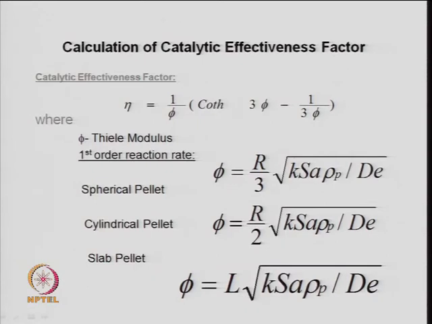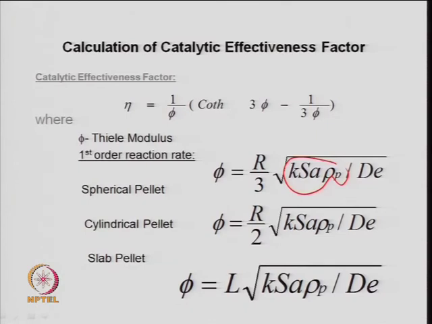Basically here, if you see, I said phi is equal to R under root k by D, where this whole term k is your volumetric rate constant kv. When you write it based on surface area, it becomes ks times SA times rho p. When you write it in volume, it is simply k by D based on the volumetric rate constant. SA is your BET surface area, that is what I have discussed. This is the BET surface area in meter square per gram, this is gram per centimeter cube. So, this becomes meter square per meter cube, something like that, or area divided by the volume. So, that is the rate of reaction which is based here on the unit which is.